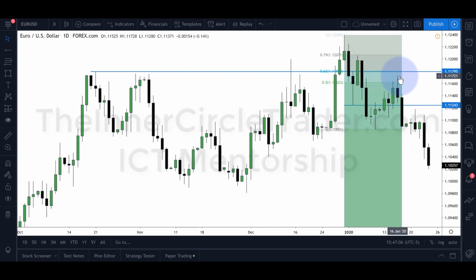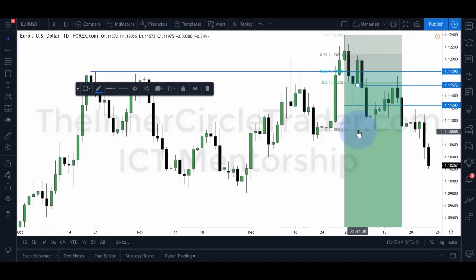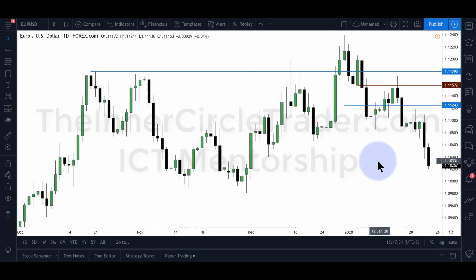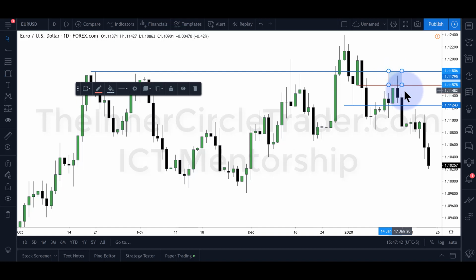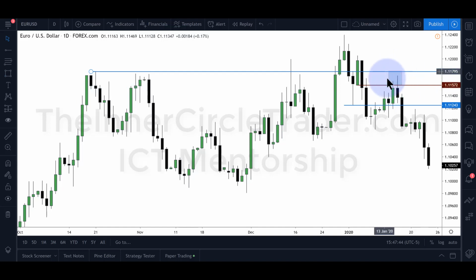But just simply because it trades at the 50 level doesn't mean anything. There has to be a PD array that we align it with. And it just so happens that there's the bearish order block right here, last up close candle right before this move here. So we can be a seller inside this candle's range. Okay, and I'm going to change that to deep red, and then I'll take the fib off because it's accomplished its role. So right here we can be a seller. So I'm going to put a little box on that, on these two candles here at that level, knowing that when we drop down to lower time frame hourly, this is the framework and what we traded on.